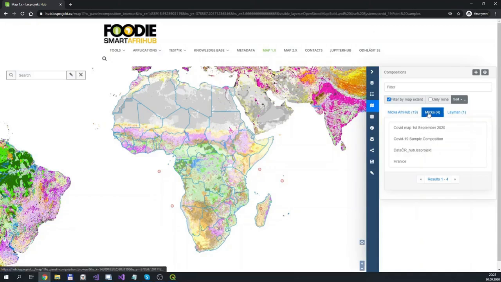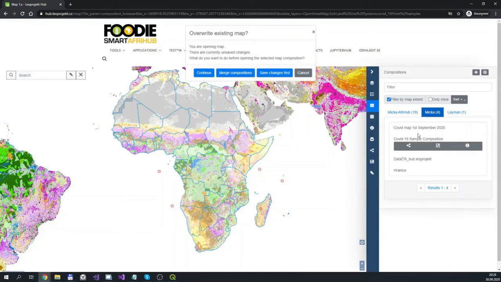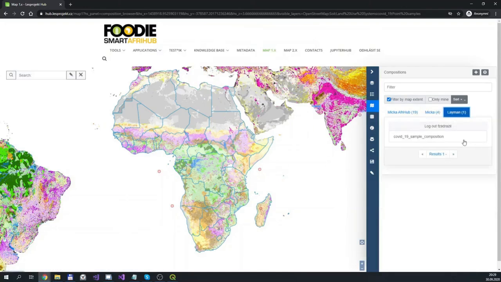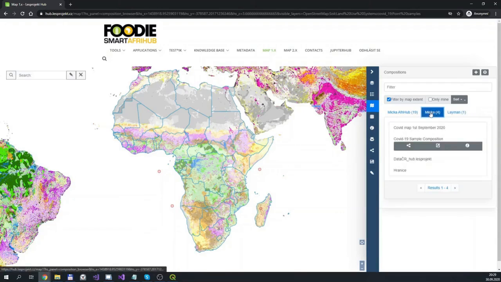So in this MITSCA tab, you can see compositions that already exist on the server. This one is the one we have created a few minutes ago. And this is the same one, but stored in layman storage. So this is the composition itself. This is the metadata about it.